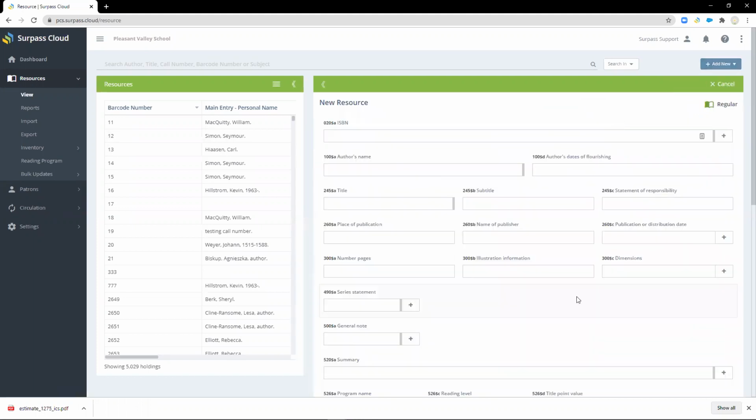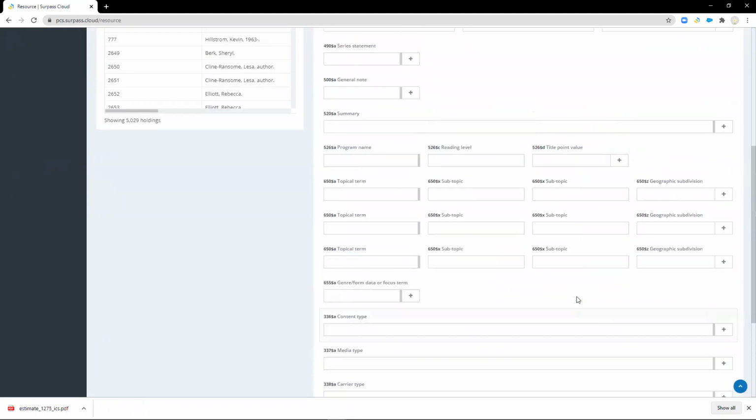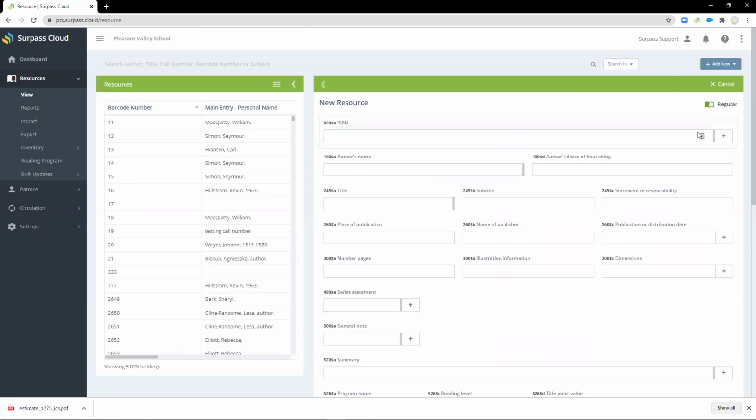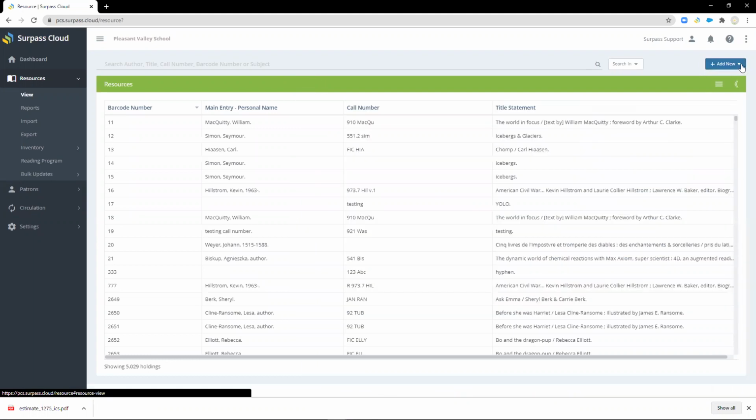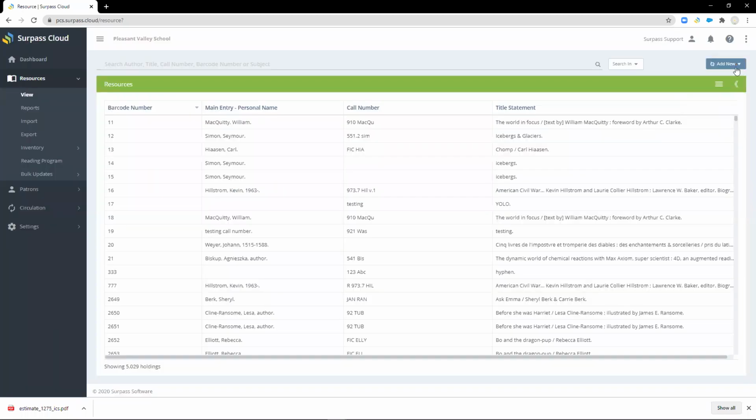It looks a little bit different. Actually, most things, it's just a little bit bigger on the screen. So you still have the same fields and the same options. It's just a little bit different. Visually, it's just bigger. You can click on add new and you can scan an ISBN, or you can type